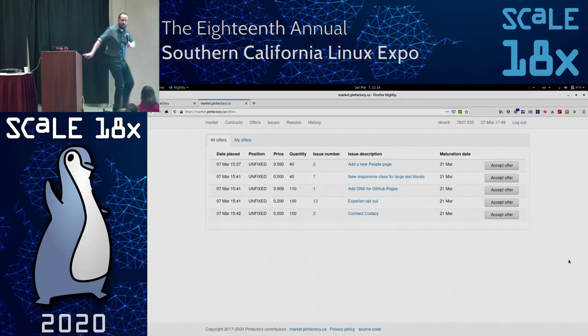Yes. Hold on, one more up front. What happens if a bug gets reopened by the maintainer? So the status that matters for resolving the contract is the status of this bug on the maturity date of this contract. So let's say we've got the toaster bug with a maturity date of March 21st.